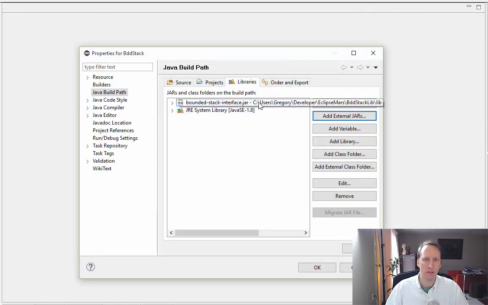And I'm just going to leave it. You can see that it's still in the Bounded Stack Lib project /lib. I'm just going to leave it there. Okay, I'm not going to put it anywhere else. It's in a nice safe position now, so I'm just going to keep it there. But now, I'm going to hit apply,